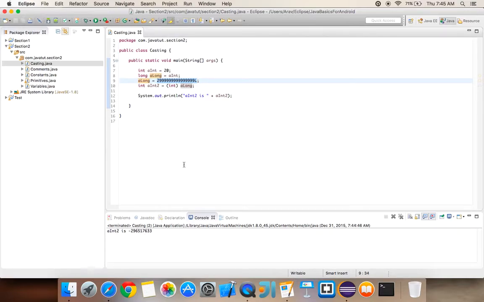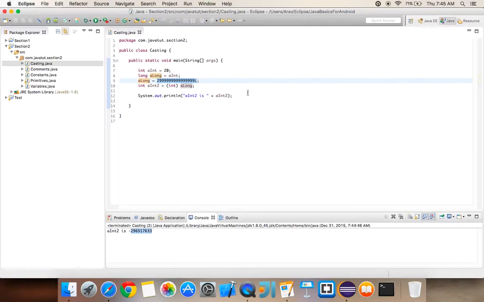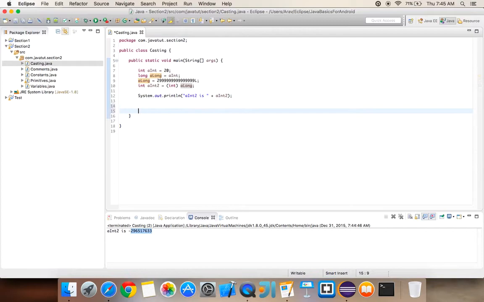Please keep in mind that int has a range from a negative to positive. So if you go over the positive range, the value basically goes to the other end of the spectrum, the negative number, which is why you have a negative number here. This is basically what casting is. You would want to cast a bigger value into a smaller type only if you know for sure you're not going to lose anything, or if you are positive that losing is what you need, right? Losing the value or truncation is what you expect.